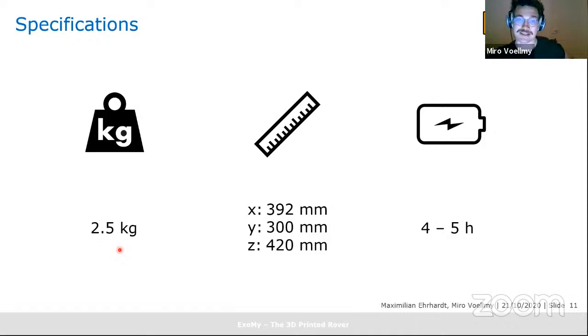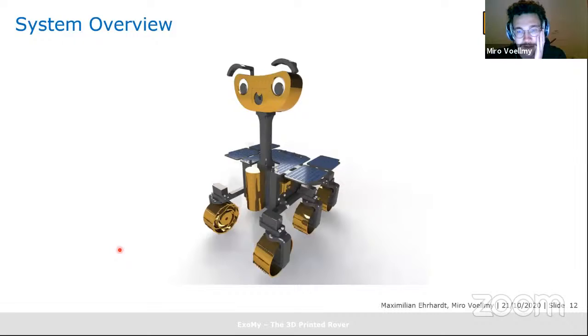Now, some small specs. I like to say it's the size of a cat. That's the easiest explanation in terms of size. And usually, if you run it and operate it, it can go for up to 4 to 5 hours. For example, on the open day, I think we had to change the battery once in the middle of the day, and it was in use pretty much the whole time otherwise. To give you a quick system overview,